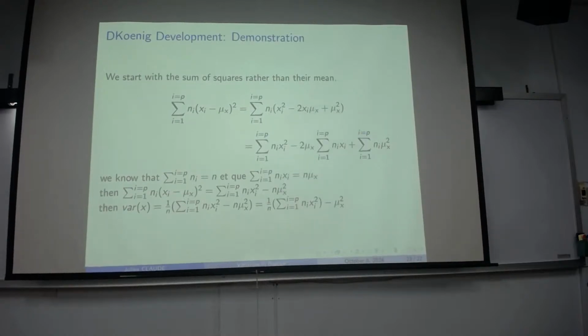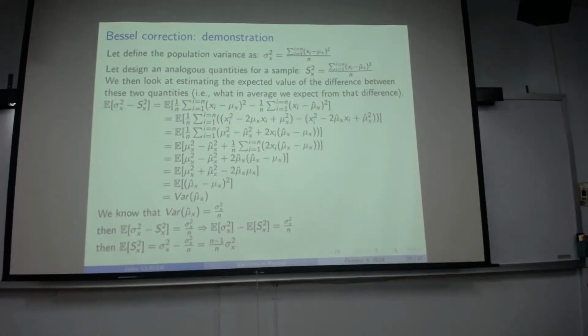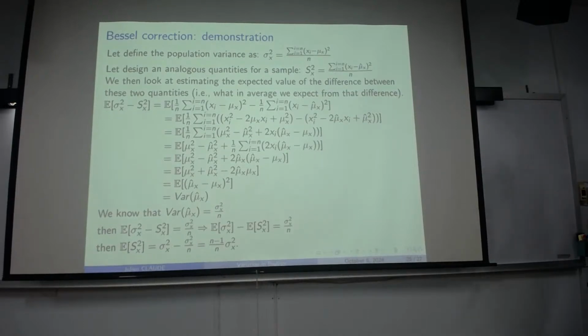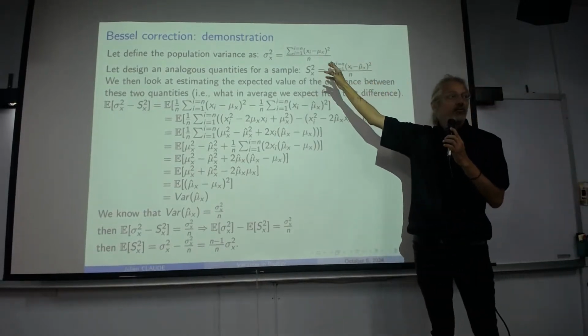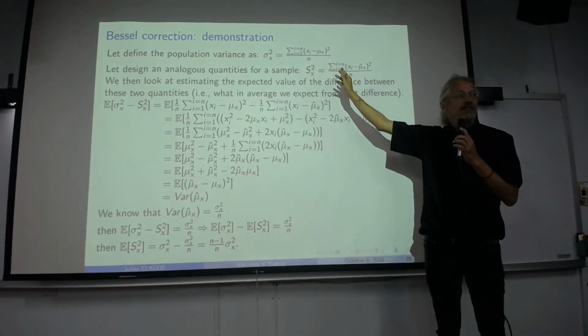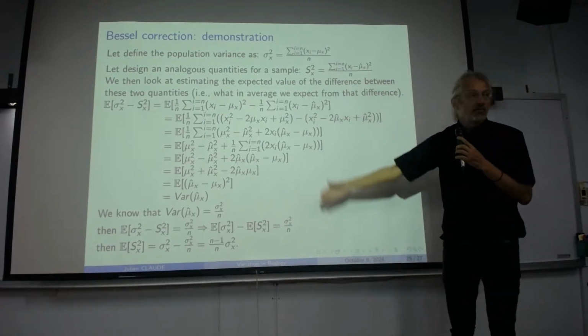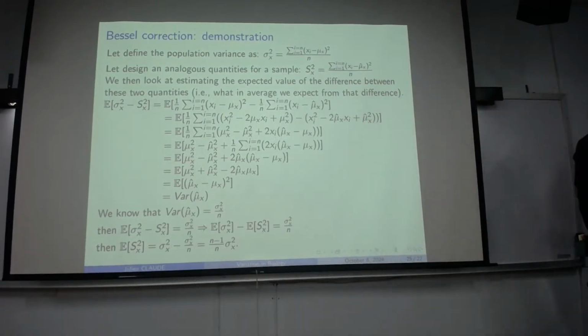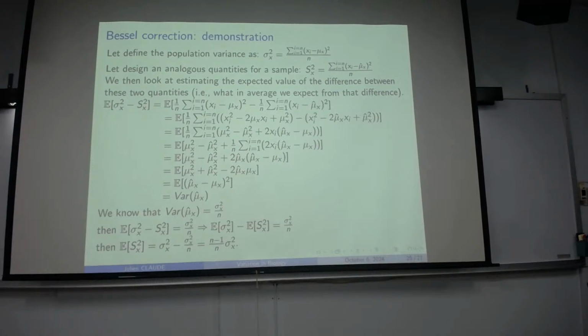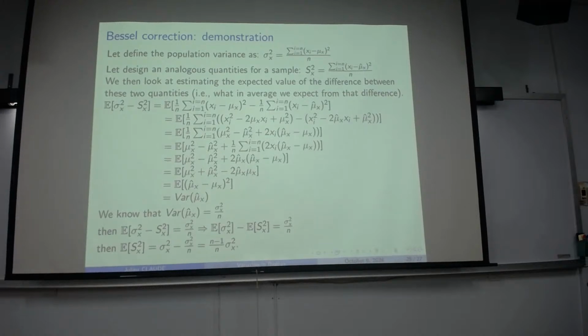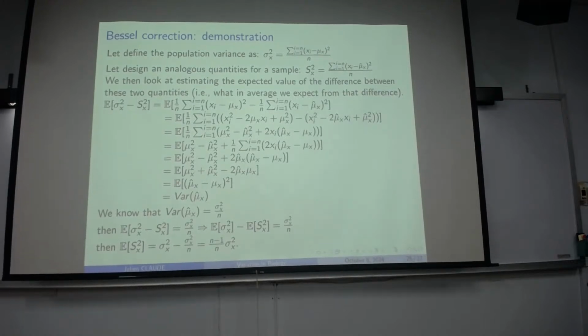I will give you the presentation maybe next week because there are still some typos on the presentation. This is something well known. The fact that we have to divide by n minus 1 and not by n is related to the Bessel correction. You have the demonstration here. I'm not going to do the demonstration, but I will give it to you if you want to be more intelligent. Okay. So this is all for theory today, and we are going to look at the central limit theorem